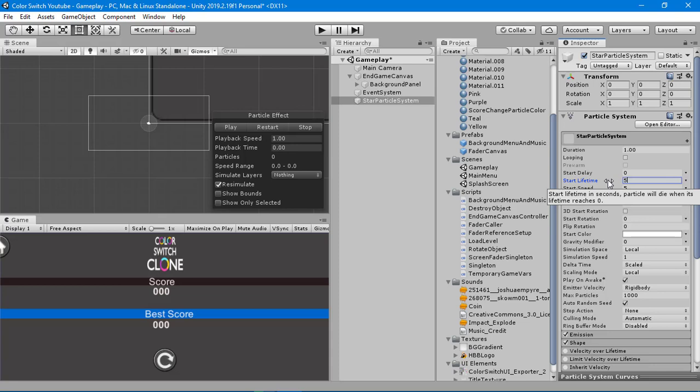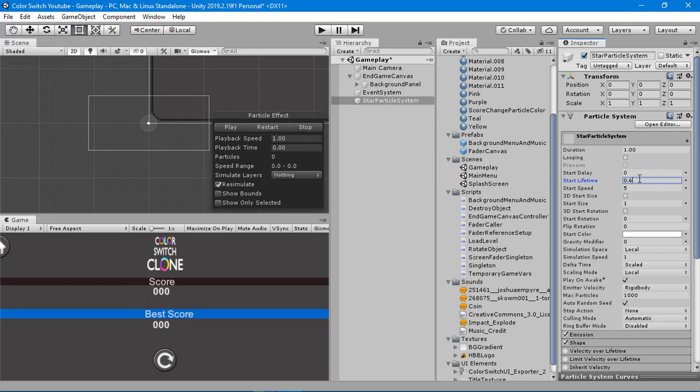So it's the lifetime, like for how long they are going to emit the particles, like 1 second, 2 seconds. It should be a little bit less, so you can assign it half a second, like 0.5. I'm going to use 0.6,